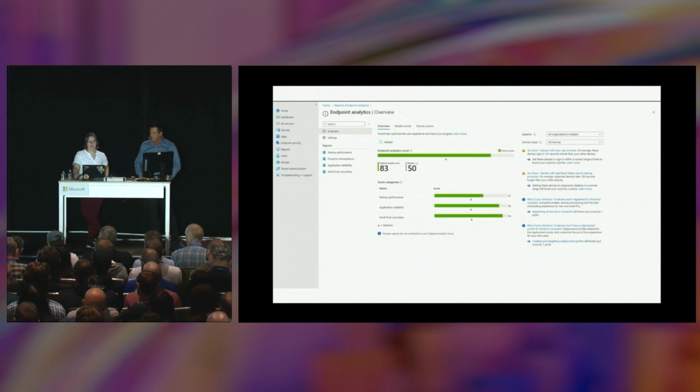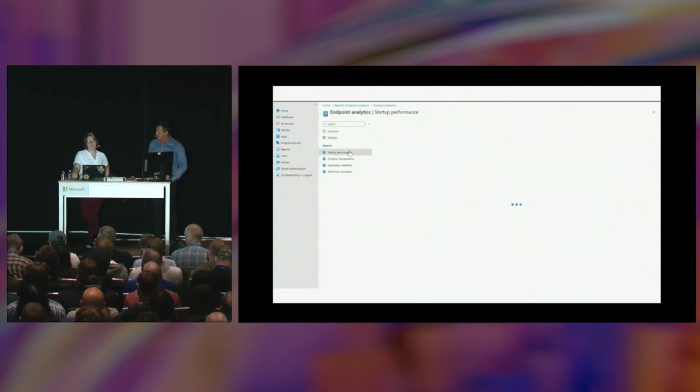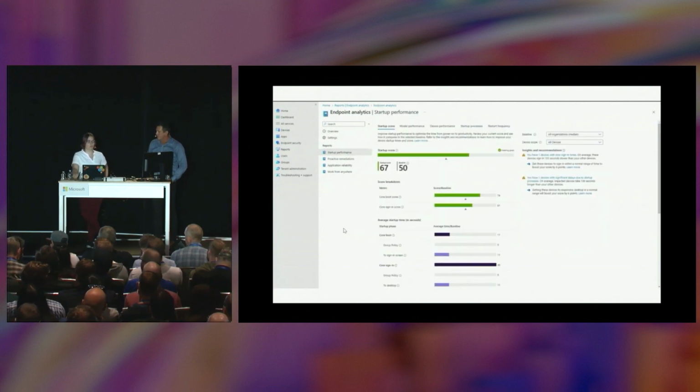environment. The great thing about Endpoint Analytics, particularly with our users being remote, is that you no longer have to rely on your user calling and saying, well, my computer is slow, and not being able to see what's going on. So through the Endpoint Analytics data, we can drill in a little bit more. With the Startup Performance tab, we have our core boot score, which is how long it takes your computer to read from power on to the login screen, and then the core sign-in score is from login screen to either desktop or usable desktop. You can see how we compare it to the baseline, and our startup score is actually